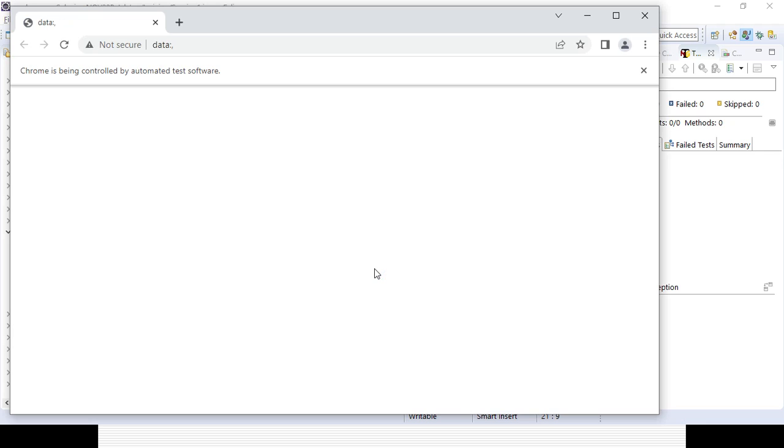It will open the page, identify whether it is displayed and enabled, and click on the link. You could see the link is getting clicked, right?